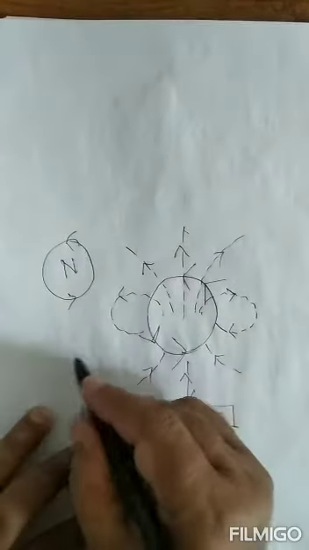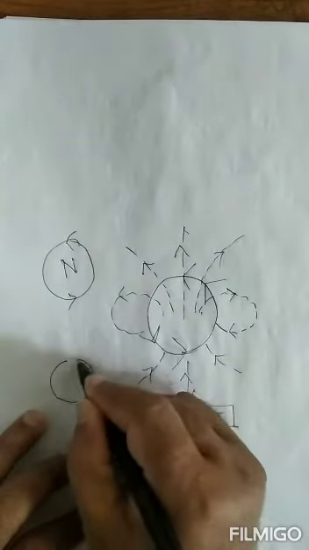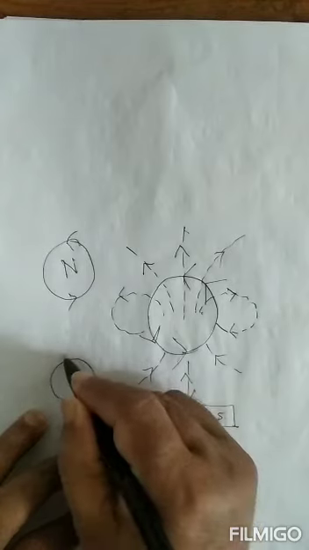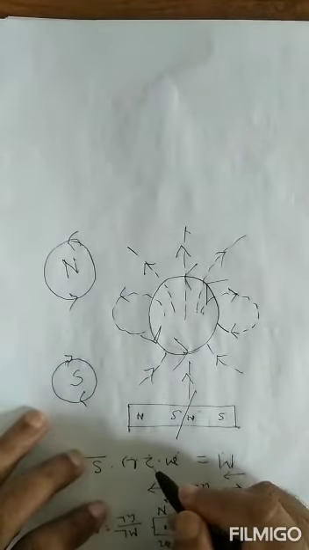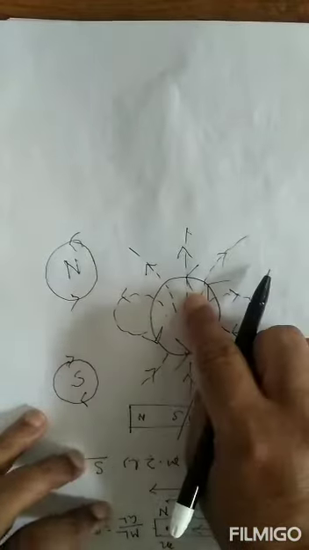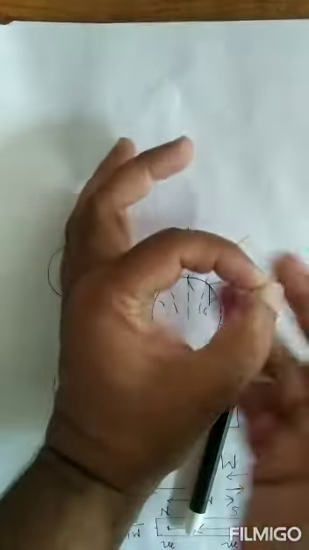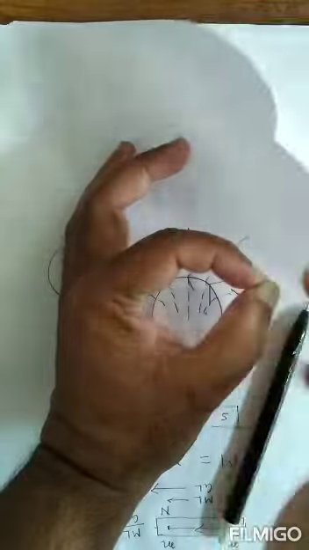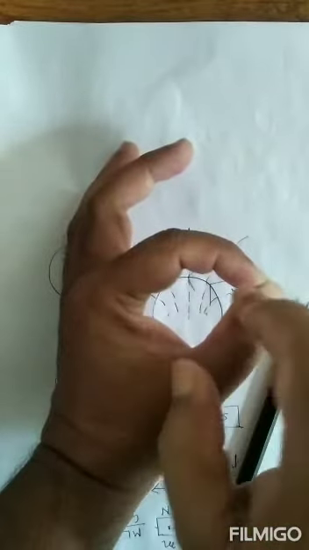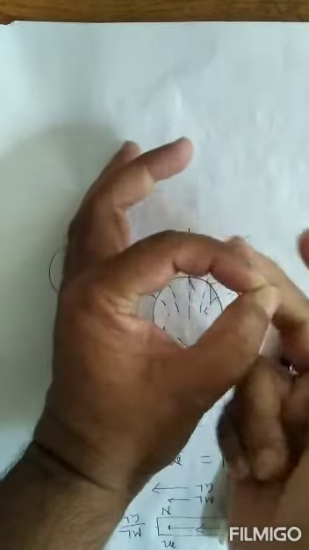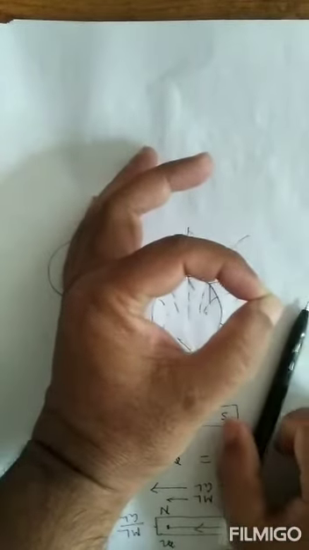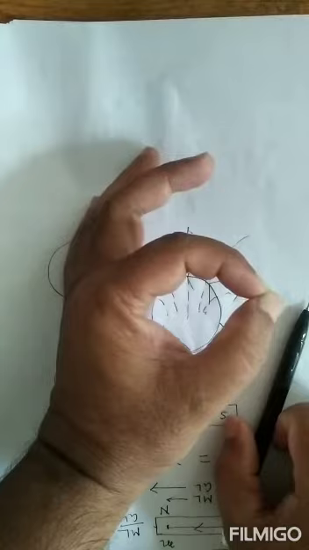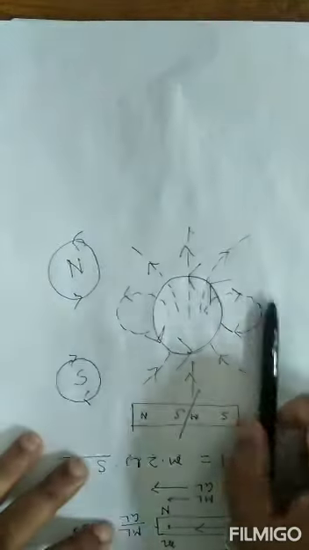So through the opposite face, current appears to flow clockwise. So this end acts as the north pole, current through this face is anti-clockwise, current through this face is clockwise, so if this is the north pole, this is the south pole. So these north pole and south pole separated by small distance act as a magnetic dipole.